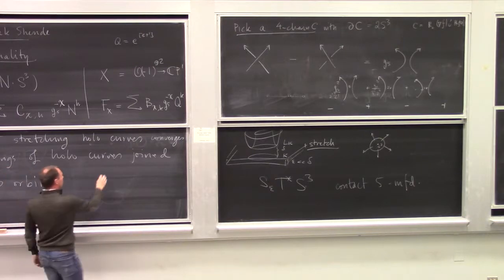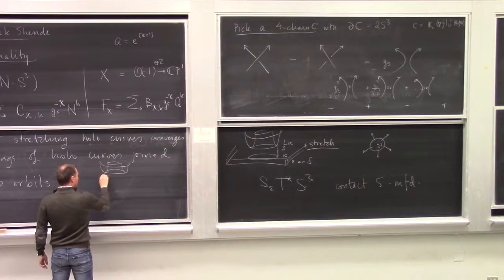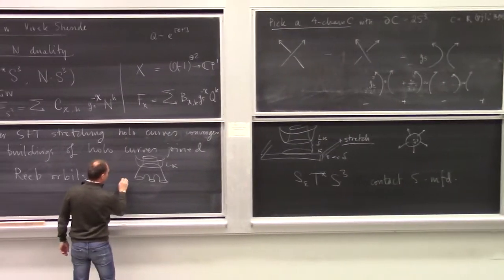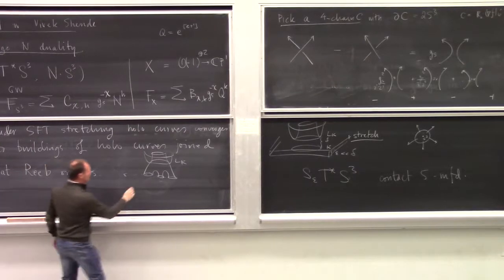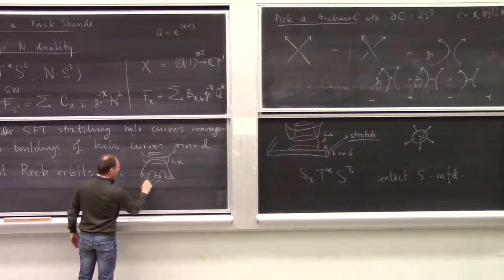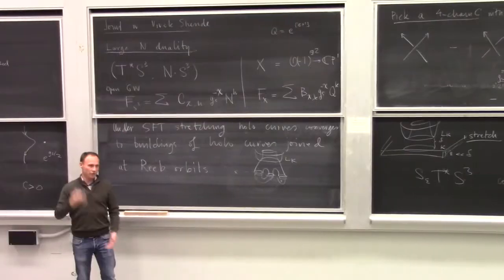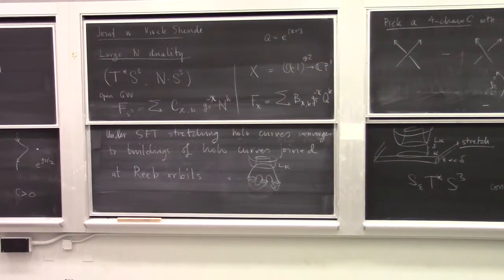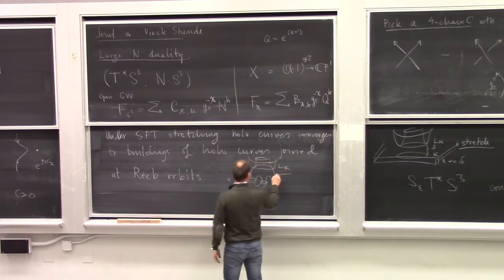So in our case, pictorially, we start out here on LK, and then we go into this epsilon boundary, and inside this epsilon boundary sits some kind of other holomorphic curves that joins these two closed curves, right? And this is really the key point to this SFT stretching argument, that the dimension of these curves